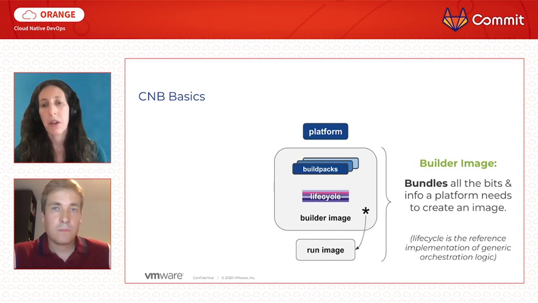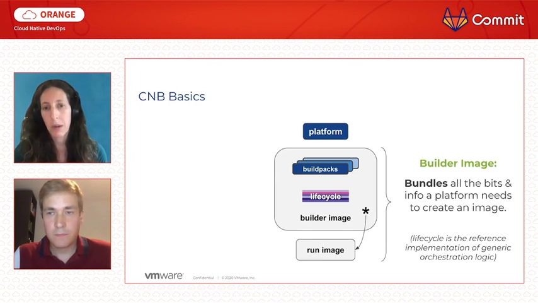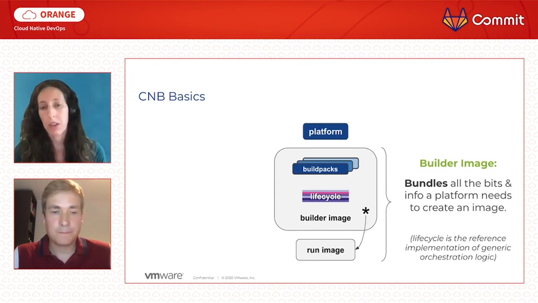And then there's a reference to a slimmer run image, because you don't want your build tooling deployed to your production environment. You wouldn't want your JDK deployed to production, right? You only need a JRE. So the build time environment is one image, and the runtime environment is a slimmer second image. And the components of your compiled class files, for example, would be transferred from the build image to the run image to produce the image that you're going to deploy into your